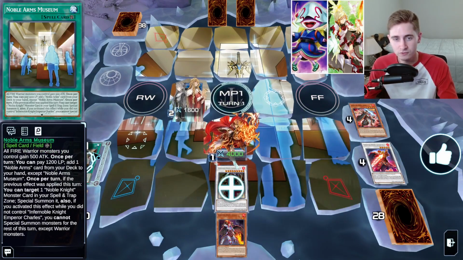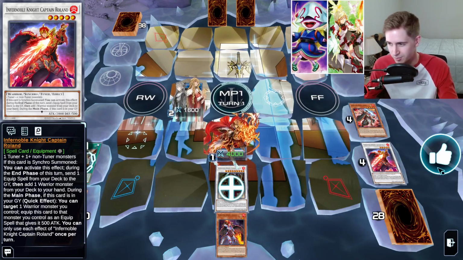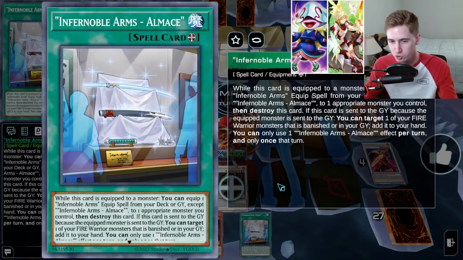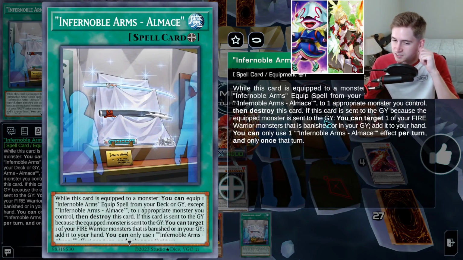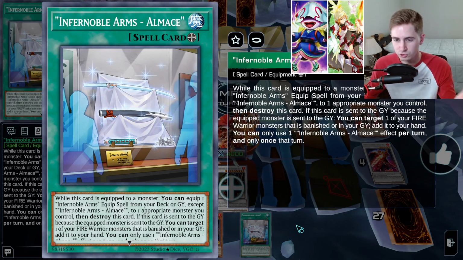Next, we're going to finally use the museum. We added this card to our hand a long time ago, which will grab us the Almace. This is a new equip spell. Basically, if it's equipped to a monster, it tags out for another Noble Arms that is in your deck. So you can use it to grab